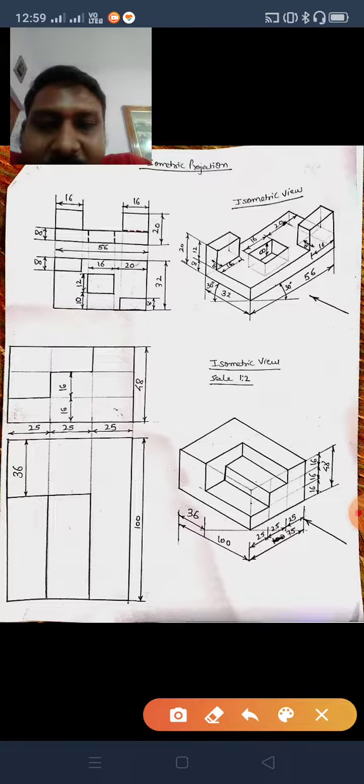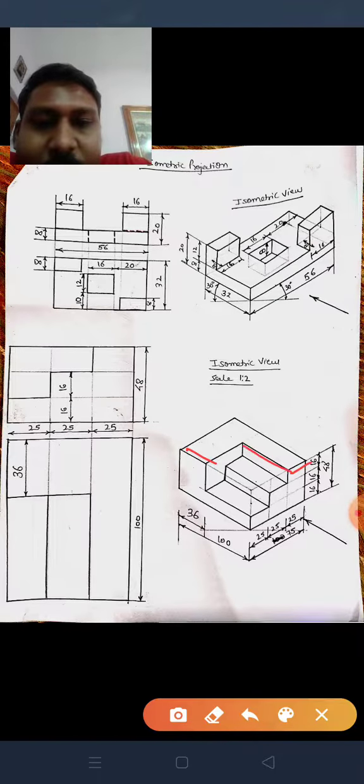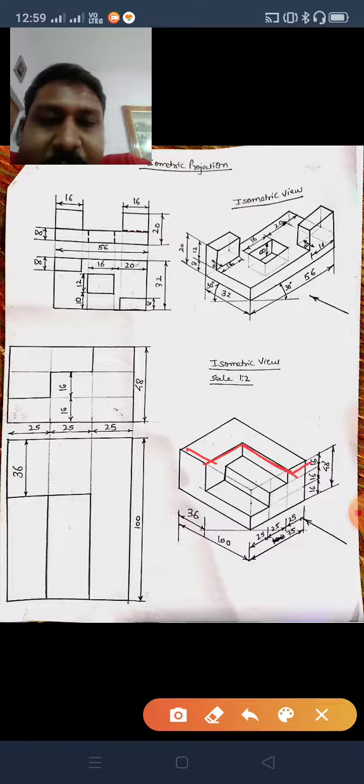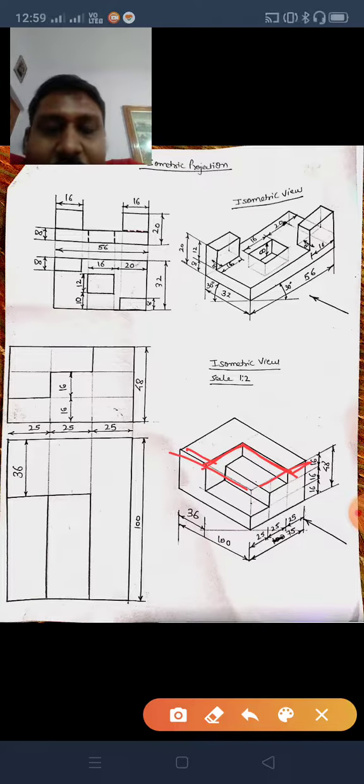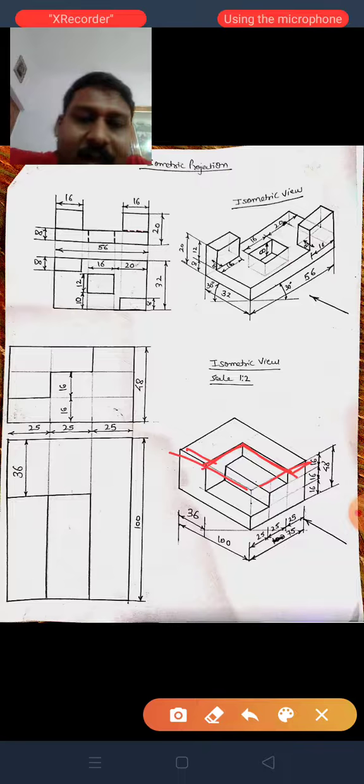Now see what I am saying. For top view, you take this 36, and from here 25 you already get. Project this line parallel to this line, project this line parallel to this line. Okay. Now you just have to create a staircase, nothing else. So what is the height over here?